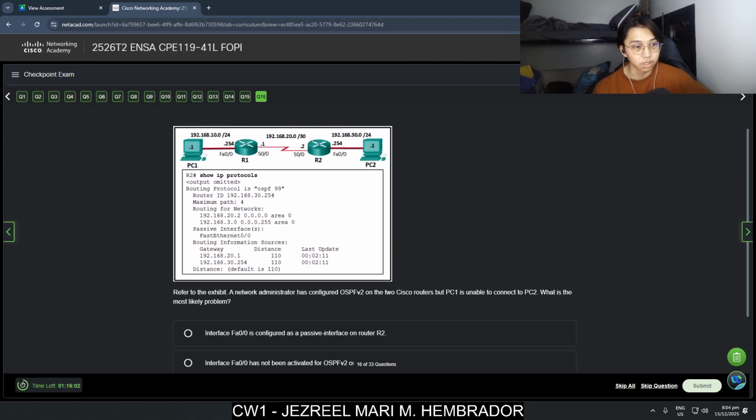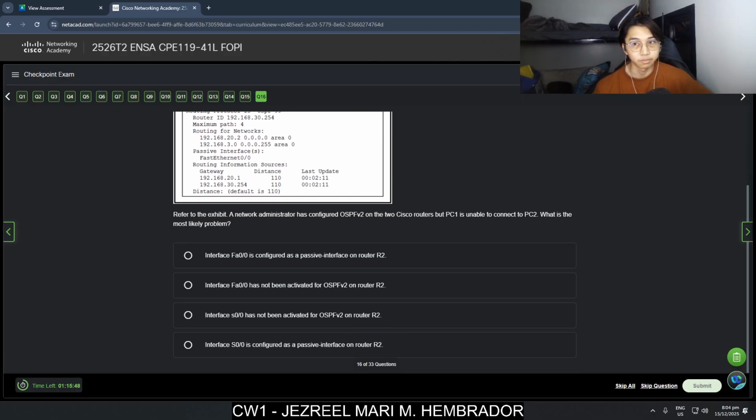Refer to the exhibit. A network administrator has configured OSPFv2 on the two Cisco routers, but PC1 is unable to connect to PC2. What is the most likely problem? Interface Fa0/0 is configured as a passive interface on router R2. Interface Fa0/0 has not been activated for OSPFv2 on router R2.